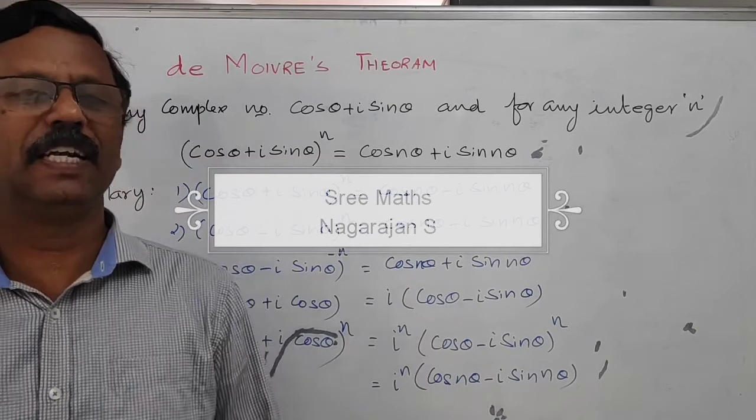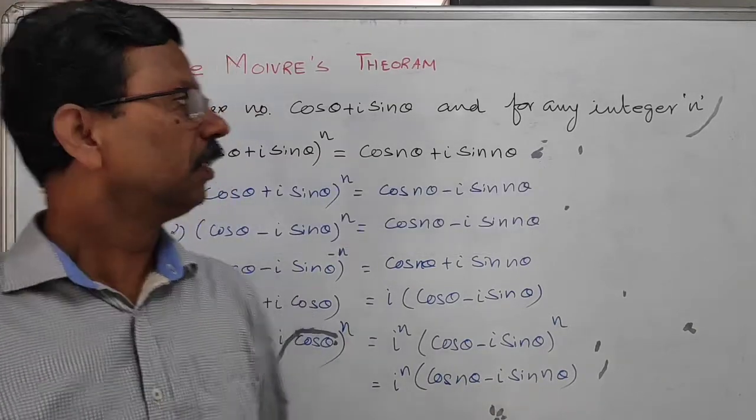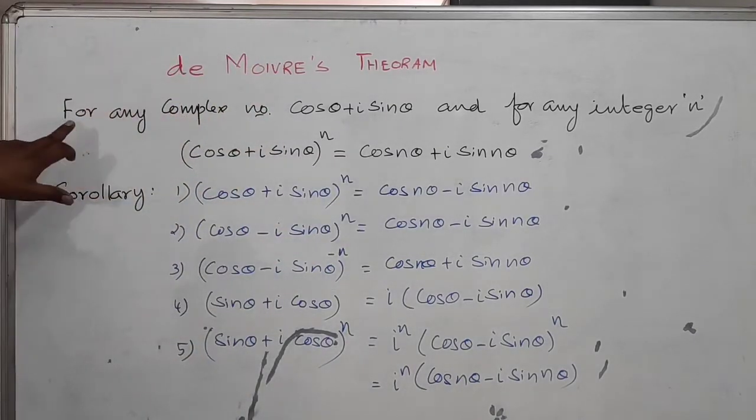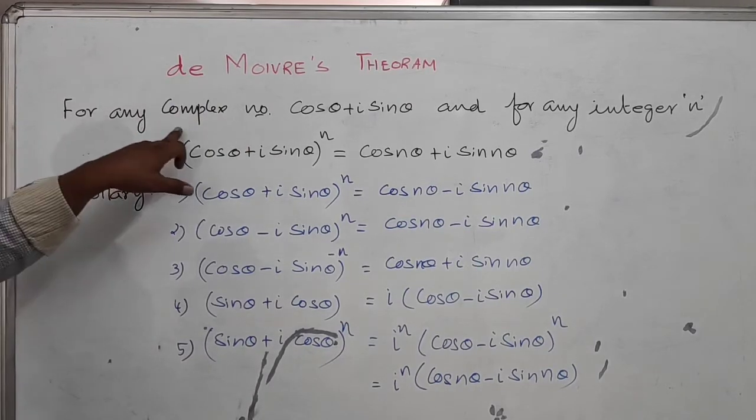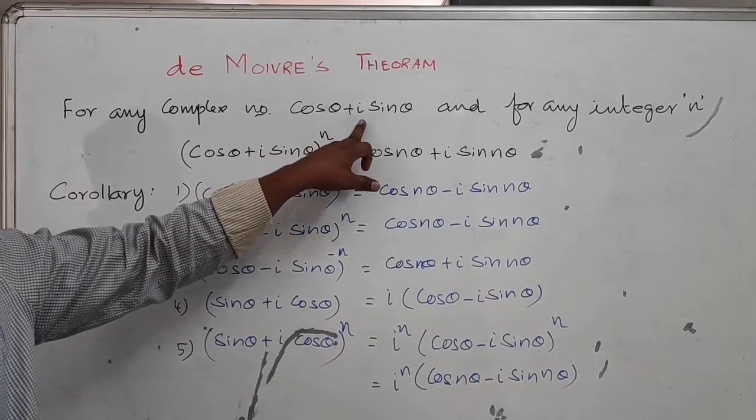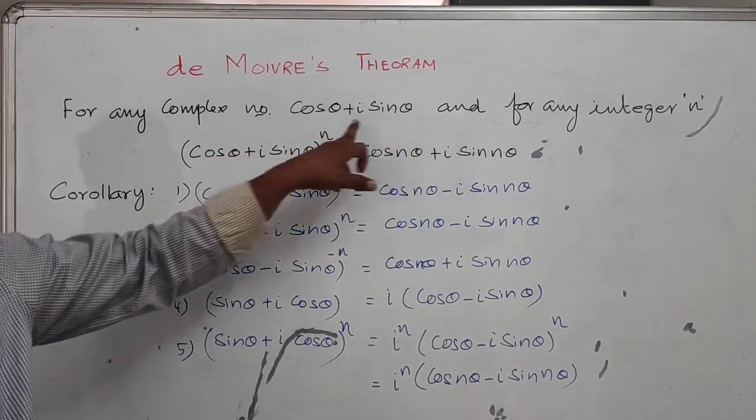Hello students, today let us see about De Moivre's theorem. This is a very important theorem. Now here the statement is for any complex number cos theta plus i sin theta, which is in polar form,